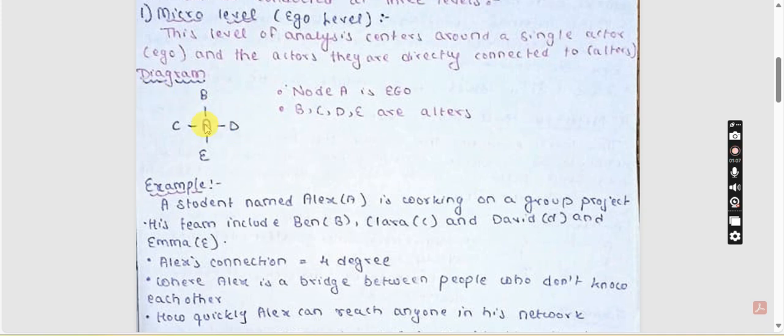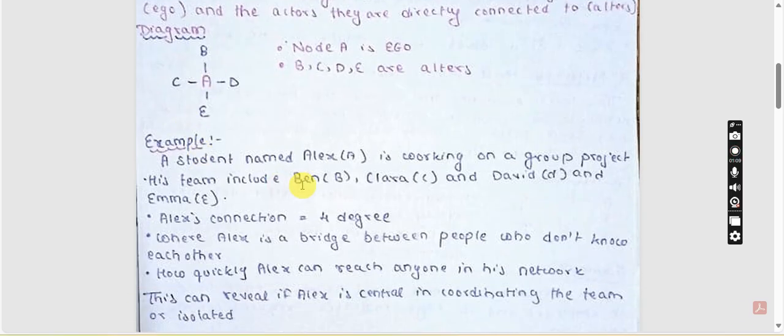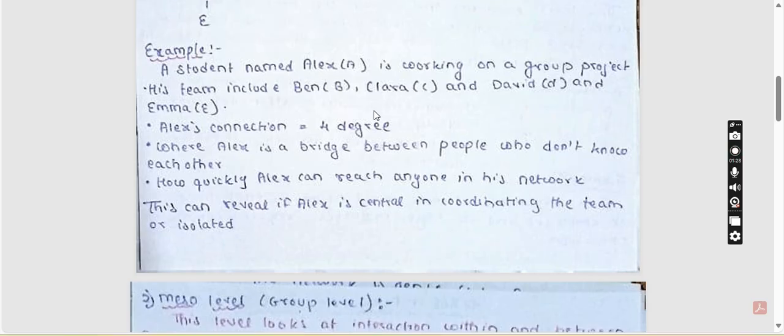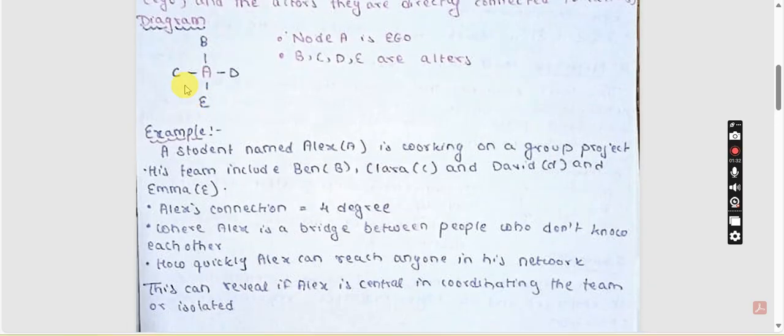So, in this diagram, a student named Alex, representing A, is working on a group project. His teammates include B, Ben, D, David, C, Clara, and E, Emma. Node A is an ego, whereas B, C, D, E are his alters. Alex has 4 connections: Clara, Ben, David, and Emma,